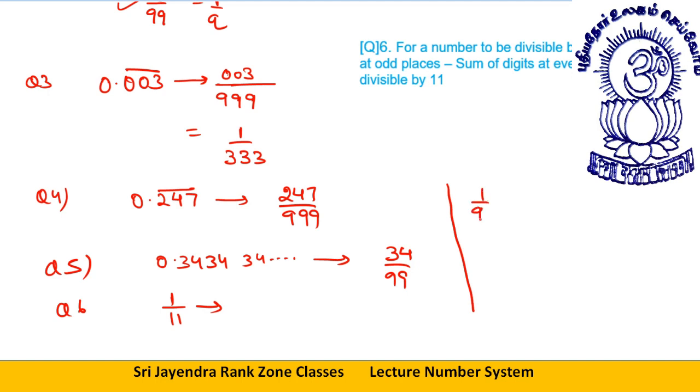If I am being told 1 by 9, so that is what? 0.1111111111. Similarly, 1 by 11 is what? 0.09090909, and so on. So that way you can say this is 0.11 bar or 0.1 bar, and 1 by 11 is 0.09 bar. Okay, dear students. Next,